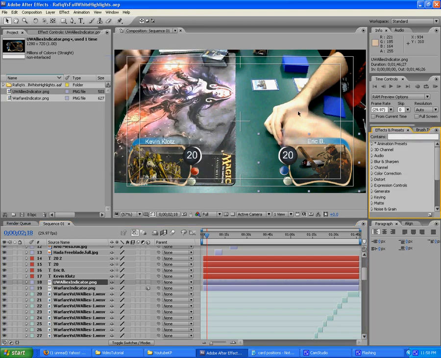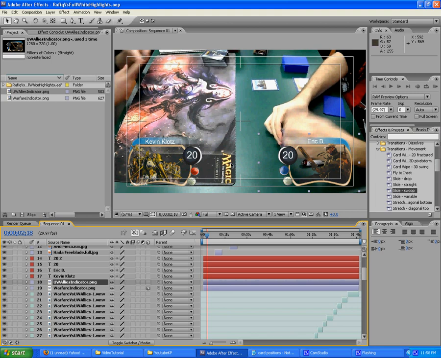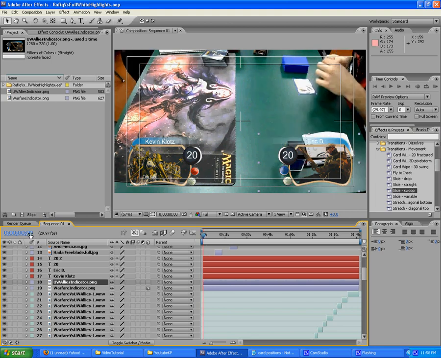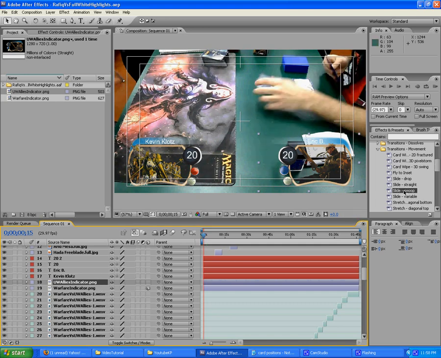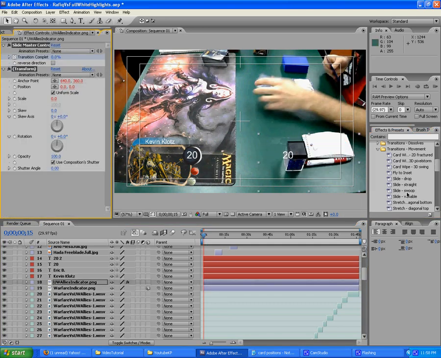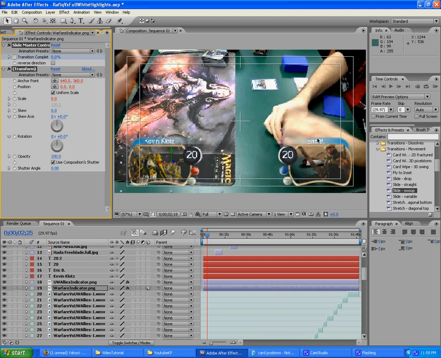Go to my effects, do my animation presets, transition movements. Now I use the swoop, so what I like to do is start at 15 frames in, which is half a second, and I'll drop a swoop effect onto here. I'll drop it on each of those, and what that does, it adds the effect to where it comes in